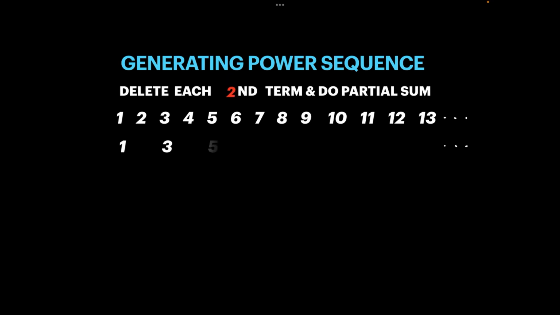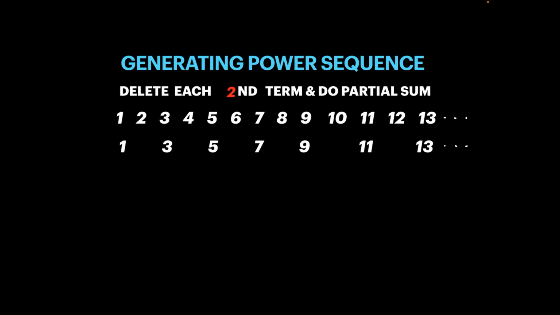1, next after deleting 2, 3, and then we delete 4 and we write 5. So in this way, after deleting every second term, we get the sequence 1, 3, 5, 7, 9, 11, 13. Next we have to compute the partial sum. Partial sum means